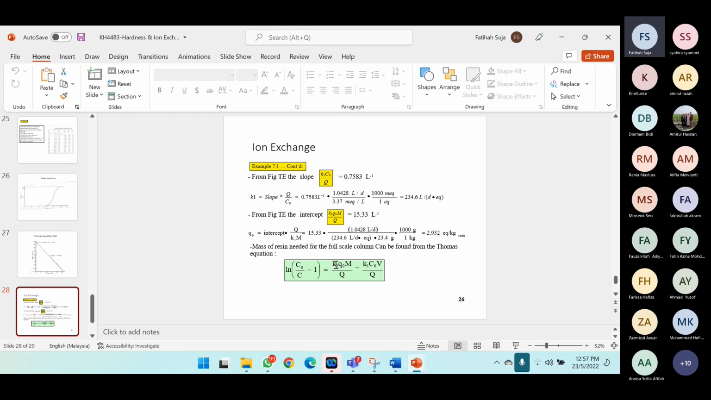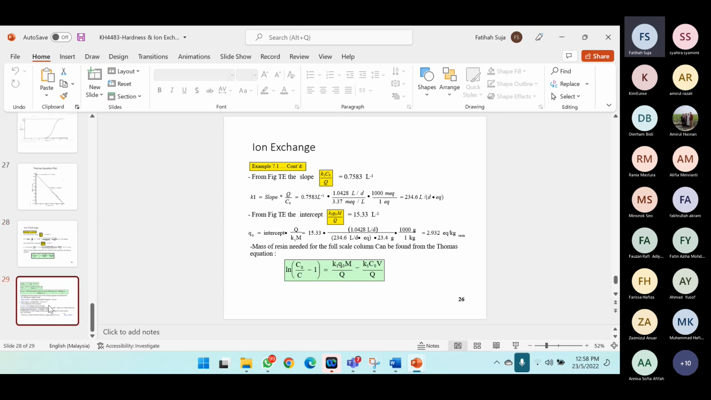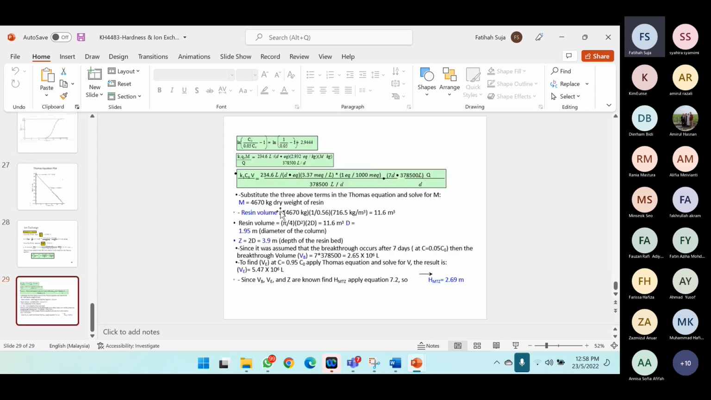Mass of resin needed for the full-scale column can be found from the Thomas equation also. So you get this, this is the lab scale. Then you can find the full-scale column by specifying the mass of resin using still the Thomas equation. First, you use this Thomas equation for the lab scale system. Then you get all these values. Then finally, you need to use the equation again to determine the mass of resin needed for the full-scale column. Okay, and then these are the calculations. I hope that you go through the calculation